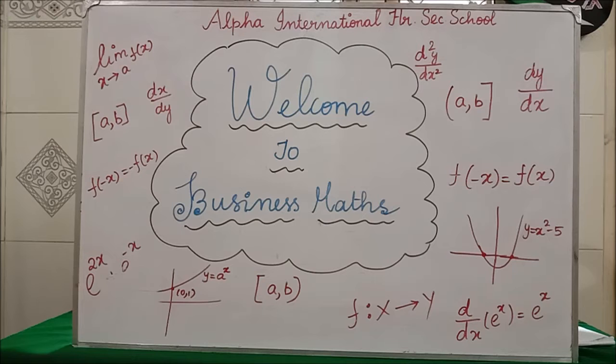Students, in Business Maths, the book is split into 2 volumes. The first volume will have 5 chapters and the volume 2 book will have the remaining 5 chapters. So totally in 11th Business Maths, you are going to read 10 chapters. Clear? Now in part 1 session, we are going to see chapter number 5, Differential Calculus.